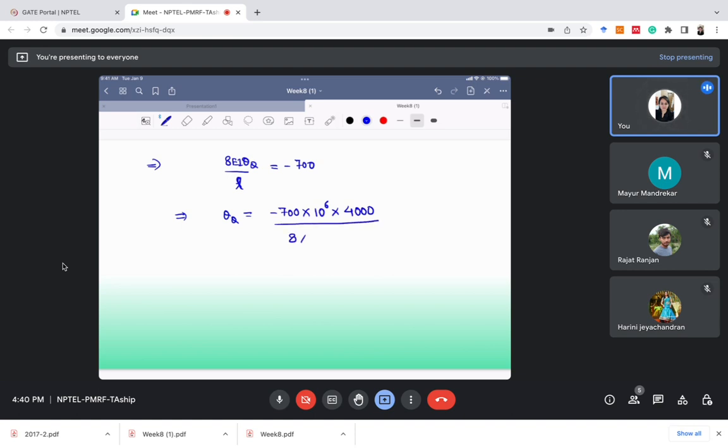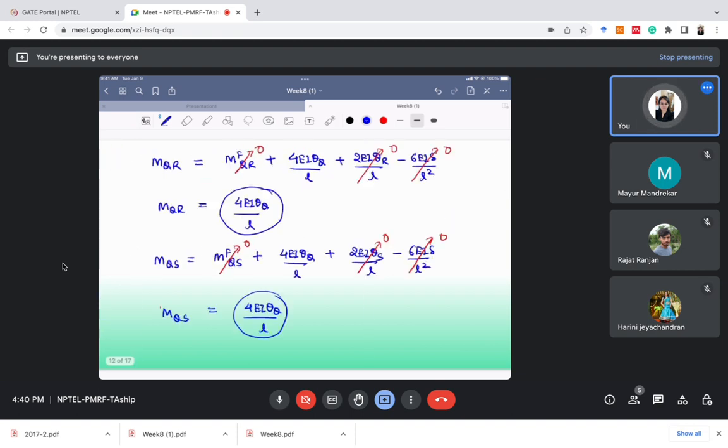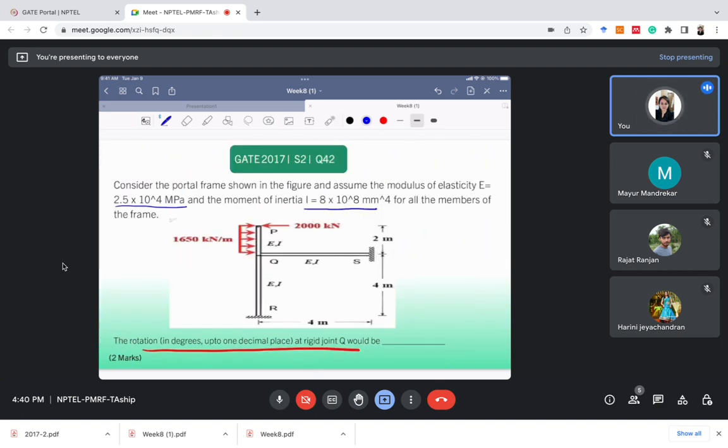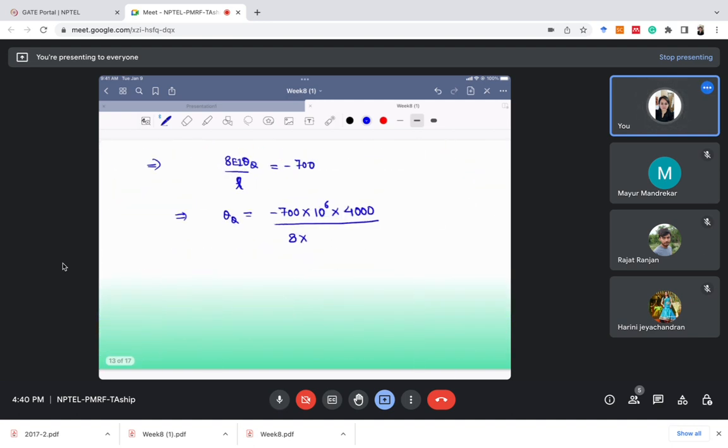Then 8. Then what is the value of E? The value of E was given as 2.5 into 10 to the power 4 Newton per mm square, and the value of I is given as 8 into 10 to the power 8 mm to the power 4. So just write all these things. E is 2.5 into 10 to the power 4, and I is 8 into 10 to the power 8. Anything else? Yes, this 8 is also there. So from this we can find the value of theta Q as